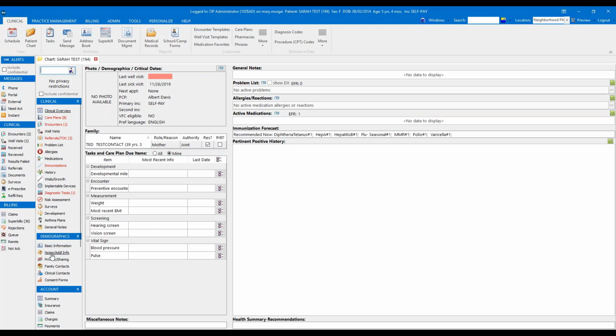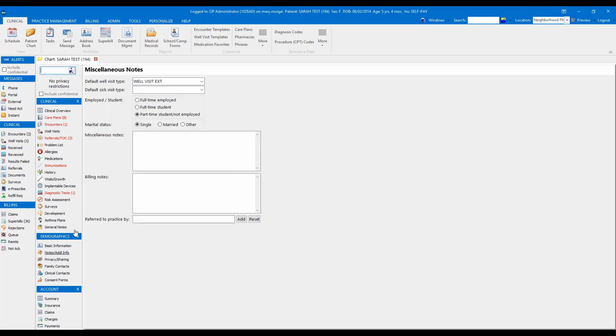I'll then navigate to the Notes/Additional Info tab. And this is where I'm able to update the default well visit type, so that it now reflects an appointment type that is valid and can be found in my appointment type table. Remember, you can either clear it out or update this. In this example, I will choose to update it so that it reflects a valid appointment type by clicking on my drop-down arrow